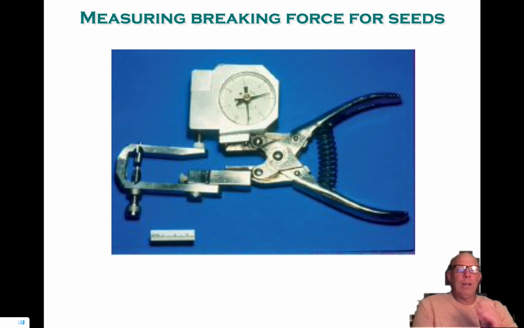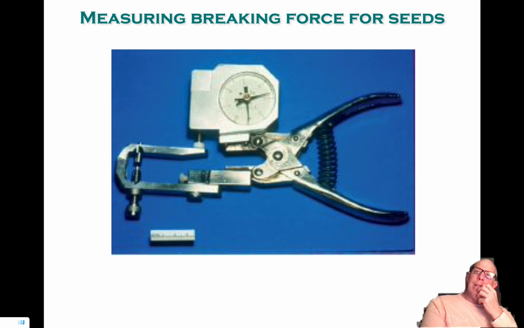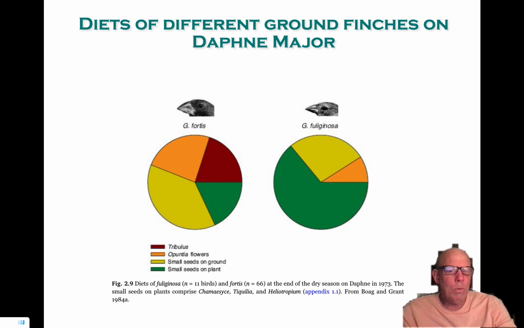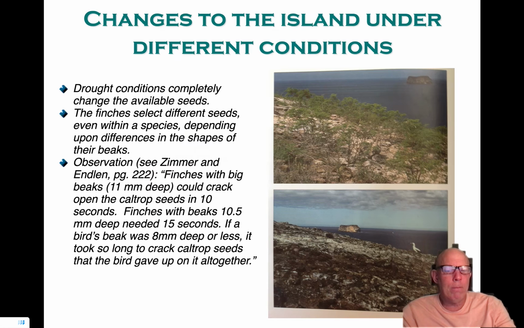And the thing that I think is really quite amazing is that you can measure the breaking force for seeds. And I already mentioned this, I think, in an earlier vignette. I always marvel at the fact that a really modest change, a 0.5 millimeter or 1 millimeter change in beak depth, is sufficient to change the propensity for which seed will be used by a given bird. And in fact, there was